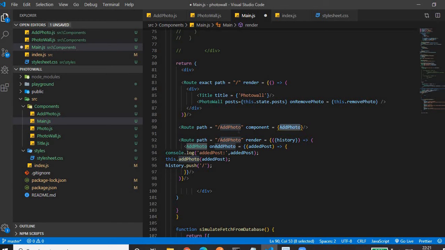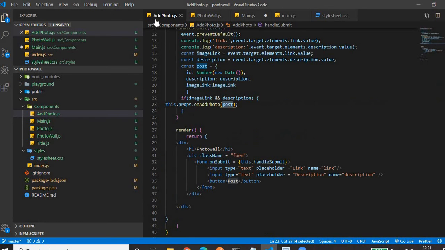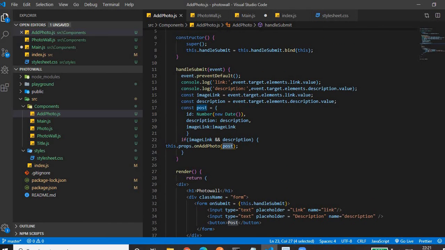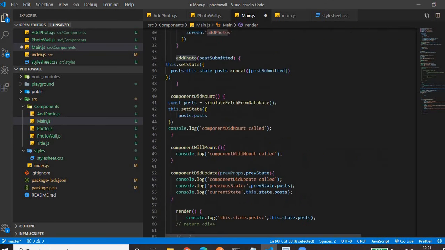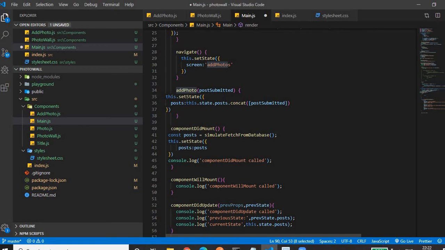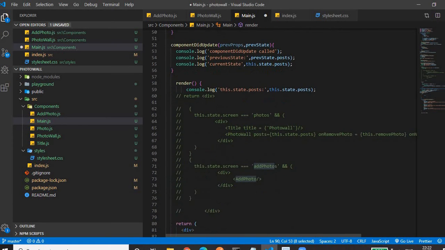But along with this, we need props for the AddPhoto. If you remember, I already explained in AddPhoto what we are doing. If the user has filled both the image link and description, on click of the post button we are calling onAddPhoto. This onAddPhoto is in the main.js file, the main component, for adding the photo to the existing array.